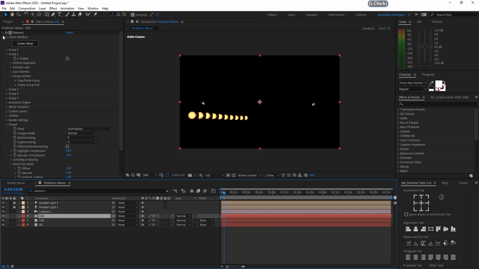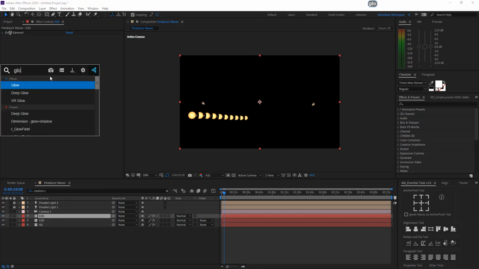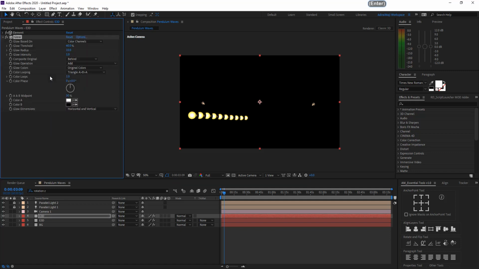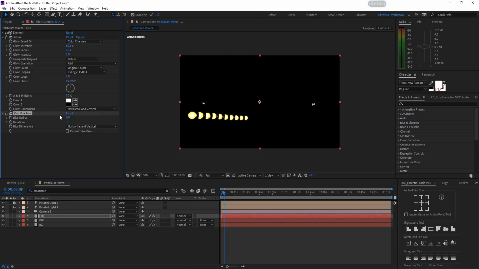With the layer selected, you need to apply 2 effects. One is glow, which is the After Effects default glow, and another is fast box blur. Now you have to increase the blur radius over here, and just play with these settings.